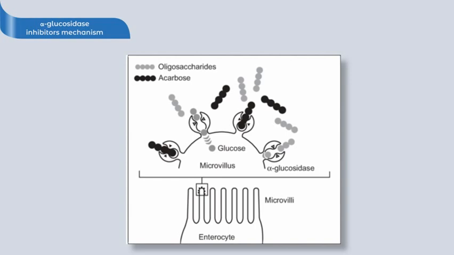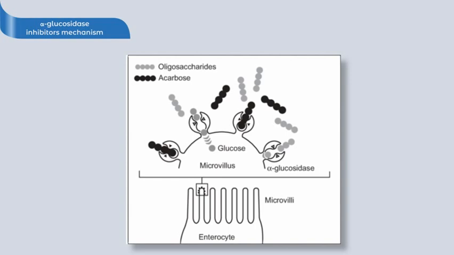Now, I will explain about alpha-glucosidase inhibitors. Alpha-glucosidase inhibitors work by inhibiting the action of the alpha-glucosidase enzyme in the gastrointestinal tract, thus inhibiting glucose absorption in the small intestine. Alpha-glucosidase inhibitors should not be used in conditions of severe liver failure and irritable bowel syndrome or IBS, because the possible side effects include bloating and accumulation of gas in the intestines, resulting in frequent flatulence.